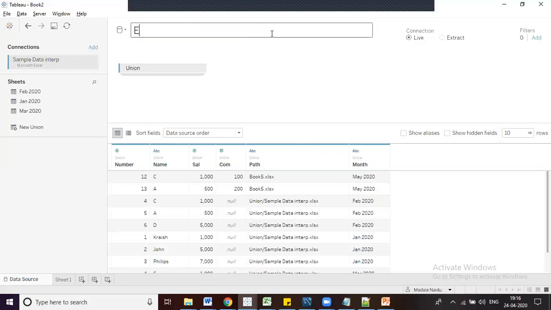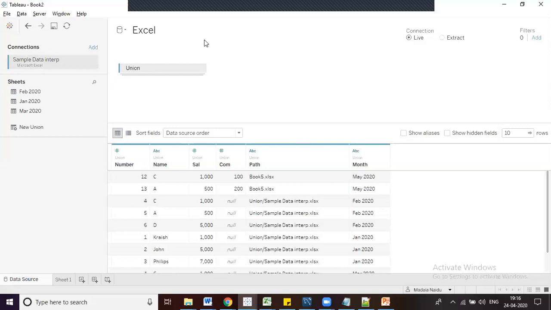Like instead, now I am going to keep Excel. You can keep any name. That is not a big deal. It is for understanding purposes that we are going to give this name. Once we change this name here, the underlying source will not change, right? We are giving it as a data source name for our easy understanding.